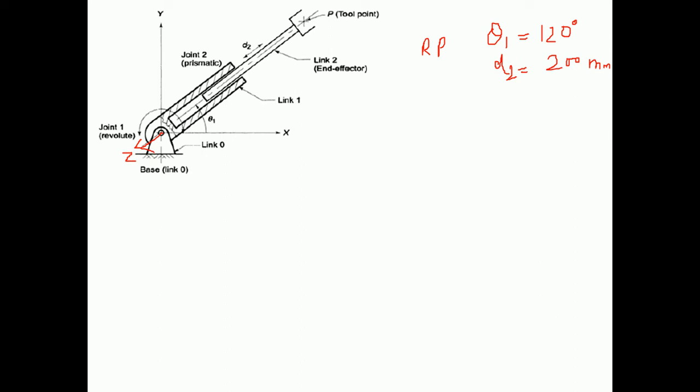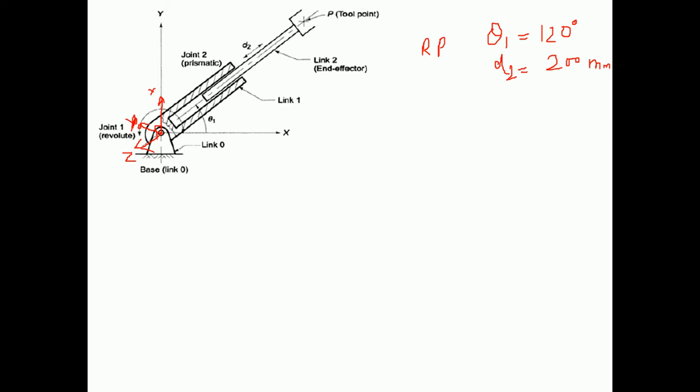Then, with respect to the rule offered by Denavit and Hartenberg, the x axis must be perpendicular to this z axis. So this is perpendicularity, and with the same rule, if we put our hand in such a manner that the thumb represents the x axis and the fingers represent the y direction, the y axis is going to be created over here. Okay, this is y actually. So this is the principal axis frame for this joint.